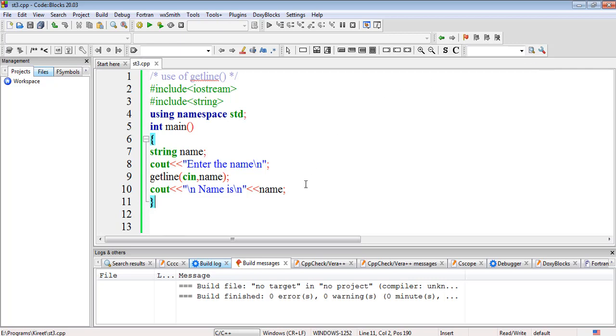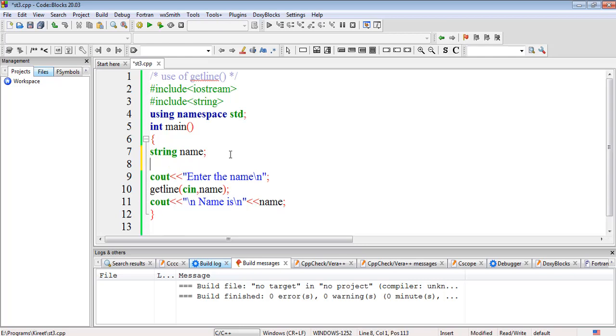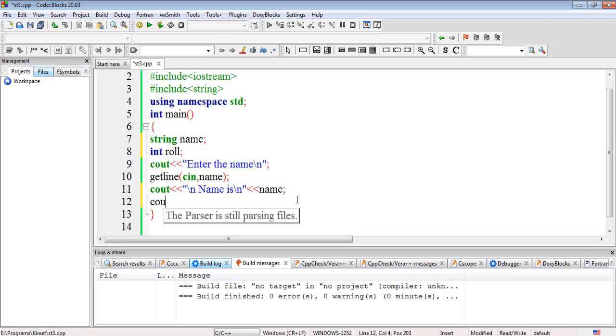Again, let's extend this code. I'll write int roll, and again I have to write cout, enter the roll number. I am trying to read the roll number.